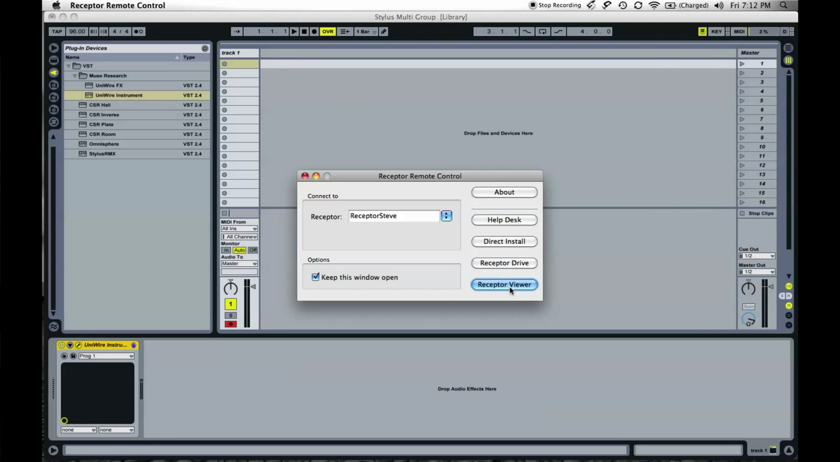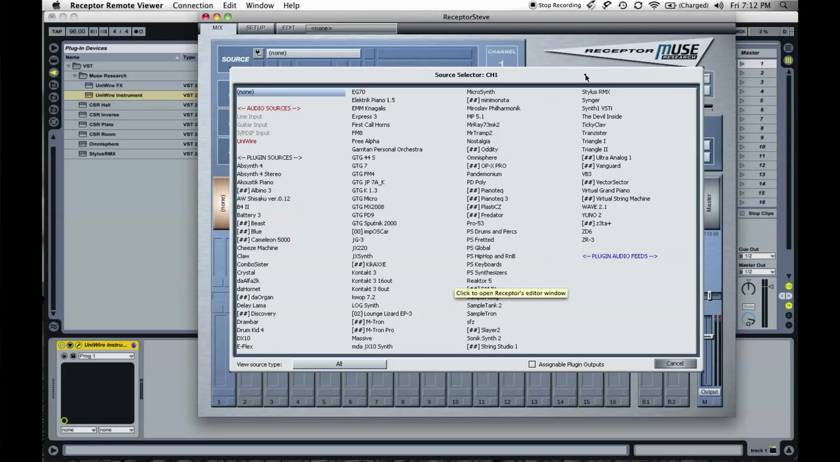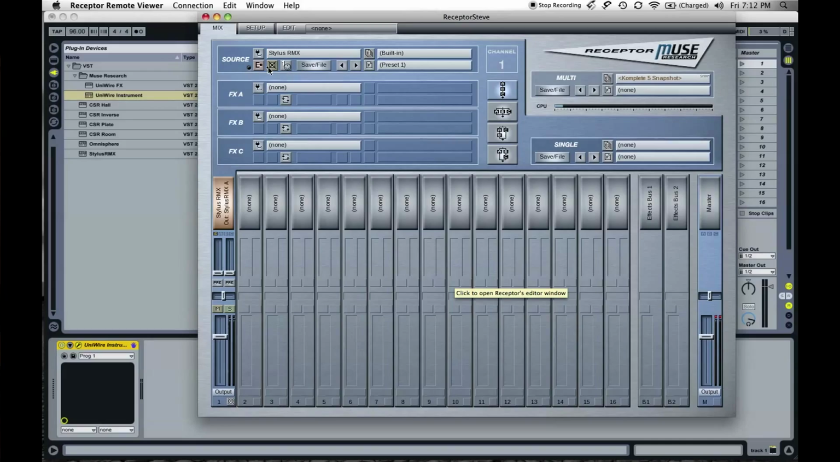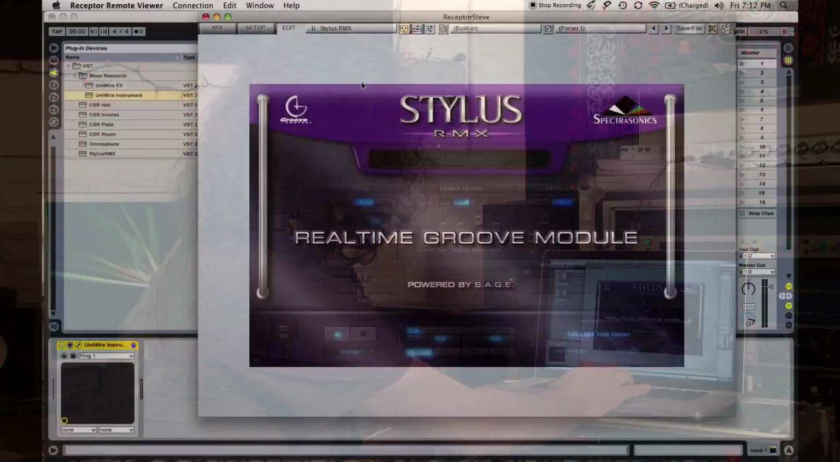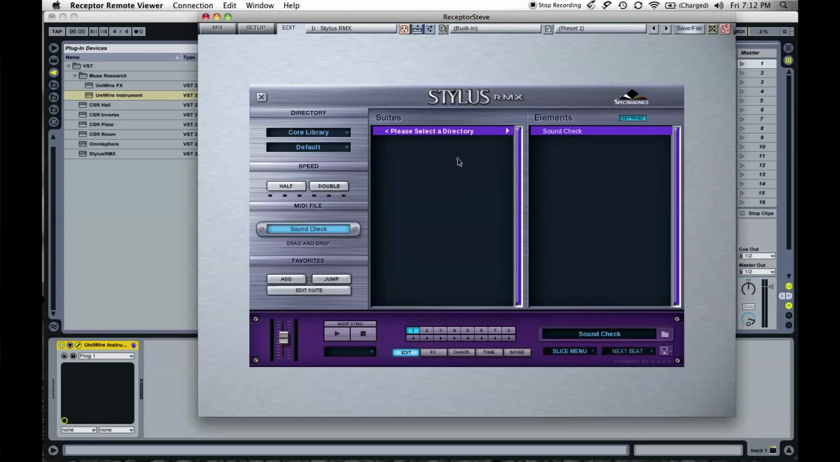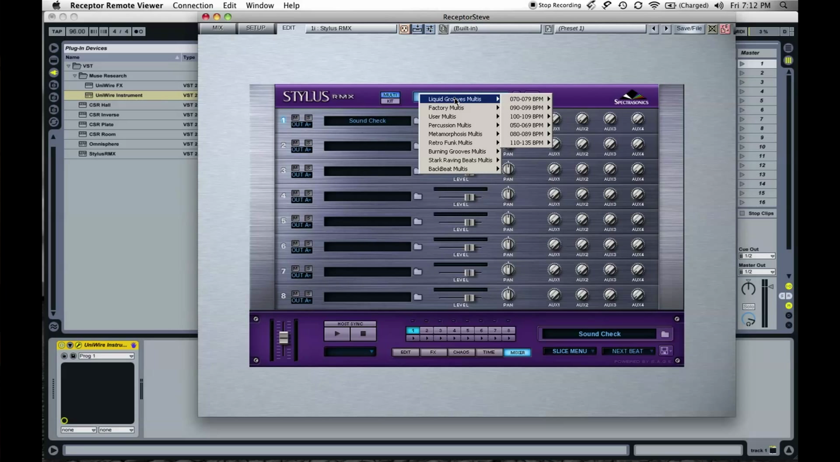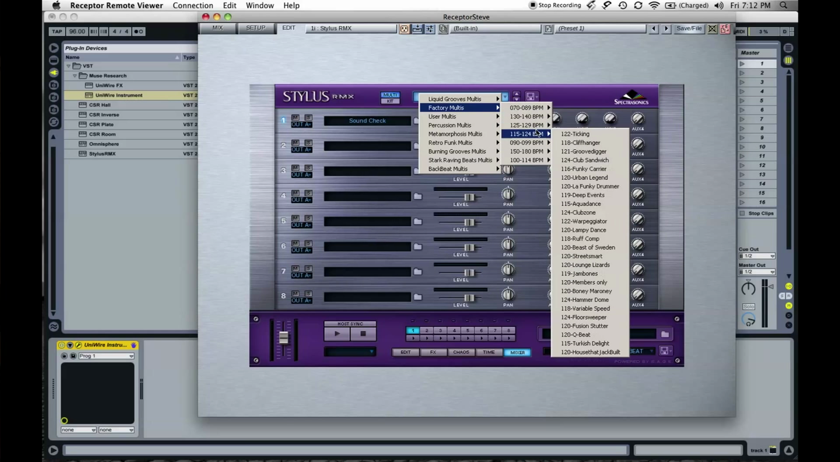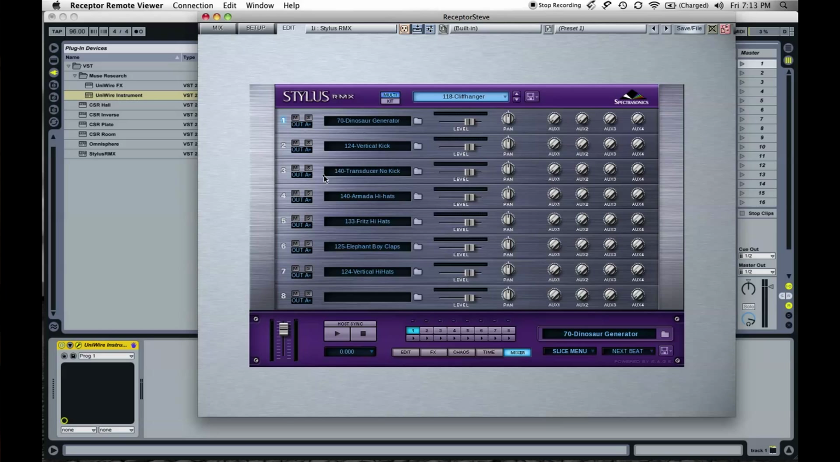And I'm going to call up the Stylus plugin, Stylus RMX. And we'll just go right into the plugin's GUI and load up an 8-channel multi. We'll call up a factory multi, 118 cliffhanger. So for those of you who know Stylus, you can see that we've got 7 different patterns going in Stylus